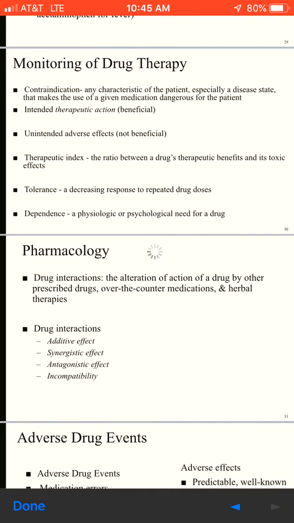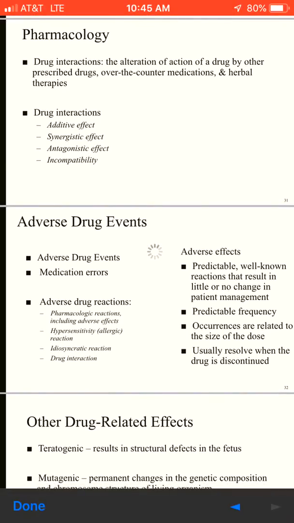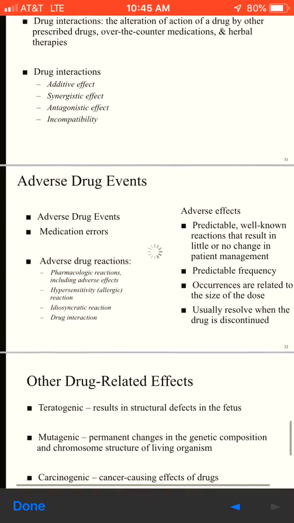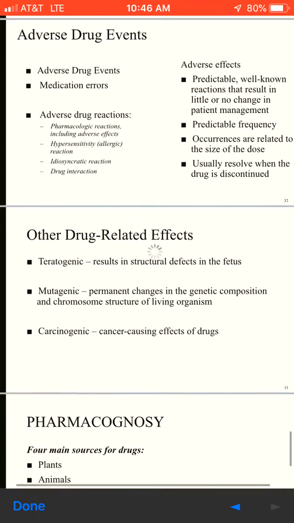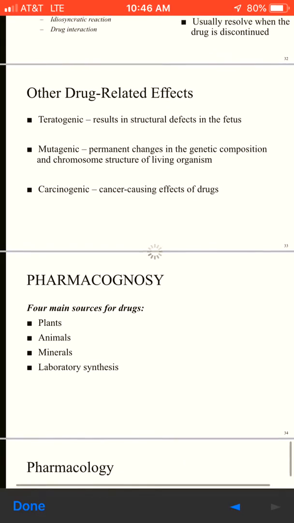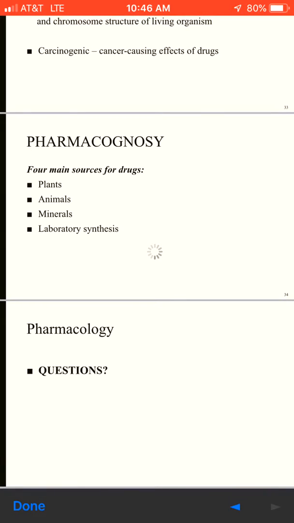So monitoring of drug therapy, you want to know about the contraindications, unintended adverse effects, therapeutic index, and all that information. Pharmacology, know about drug interactions, side effects, synergistic effects, antagonist effects, and incompatibilities. So this breaks down what constitutes an adverse drug event, medication errors, and other drug-related effects. This has to do with how